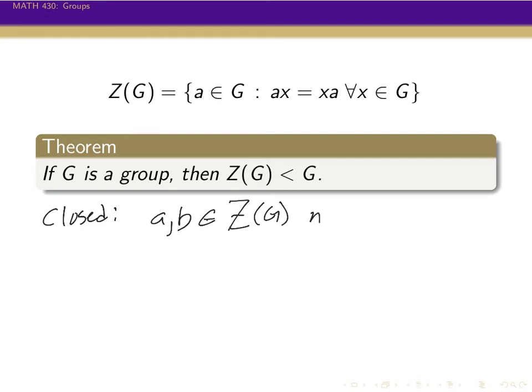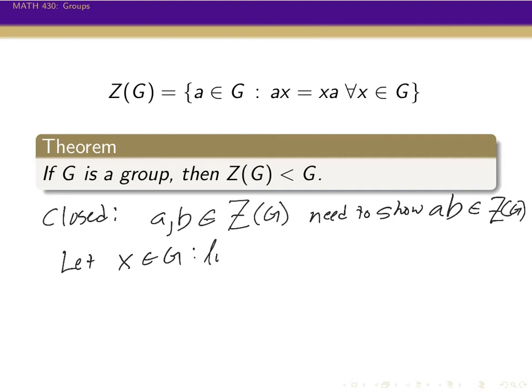And then we need to show that its product is inside the center as well. Well, how do we tell if the product is inside the center? We need to multiply AB times anything else in G. So let's let X be in G, and let's look at